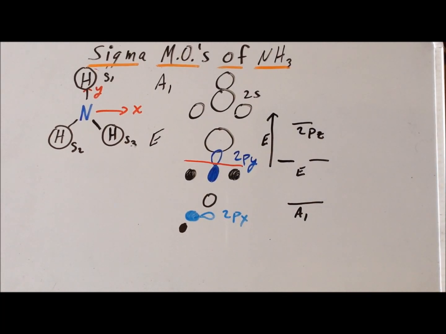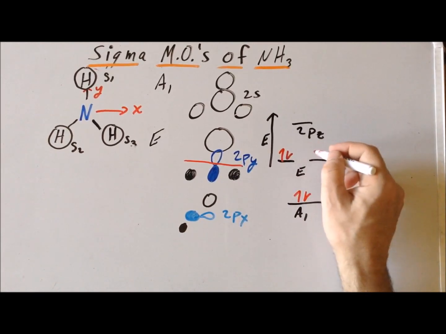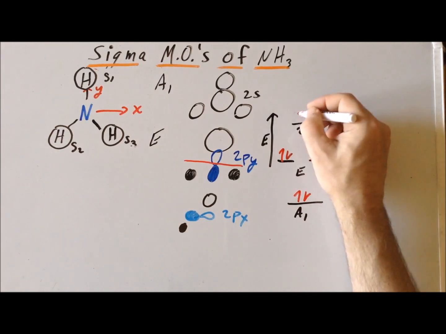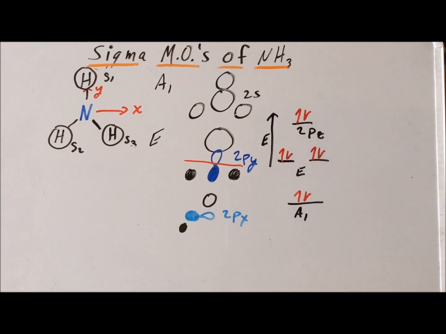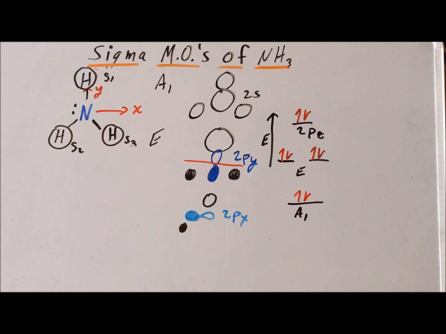Now, for ammonia, we have 8 valence electrons, and we can approach molecular orbitals in much the same way that we approached atomic orbitals. We can use the Aufbau principle, and we can use Hund's rule. So we notice that the first 2 electrons go in A1. We have 4 more electrons to fill up the E molecular orbitals. So this is 6 valence electrons. And the last 2 valence electrons go in an orbital that is an atomic orbital that sits entirely on nitrogen. So this is the lone pair, the very important lone pair of nitrogen in ammonia, which makes ammonia such a potent